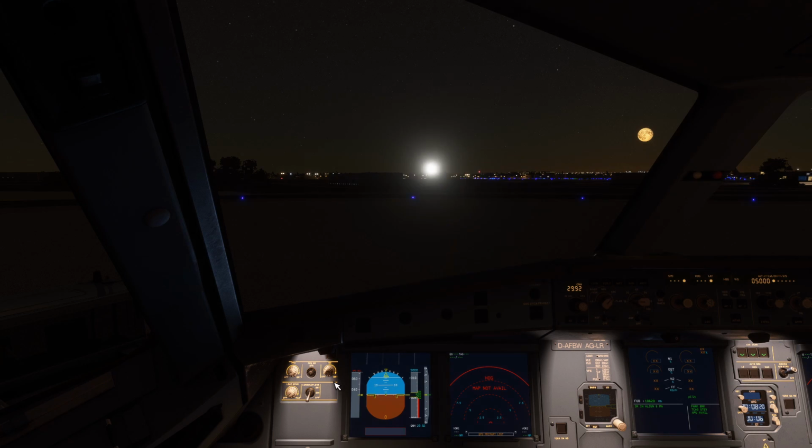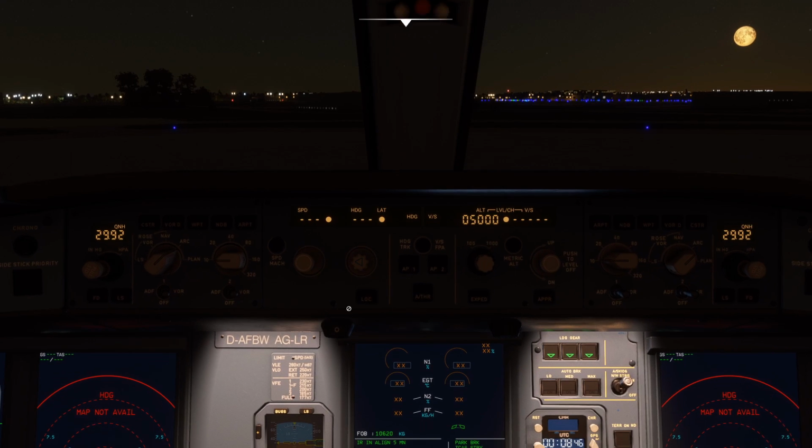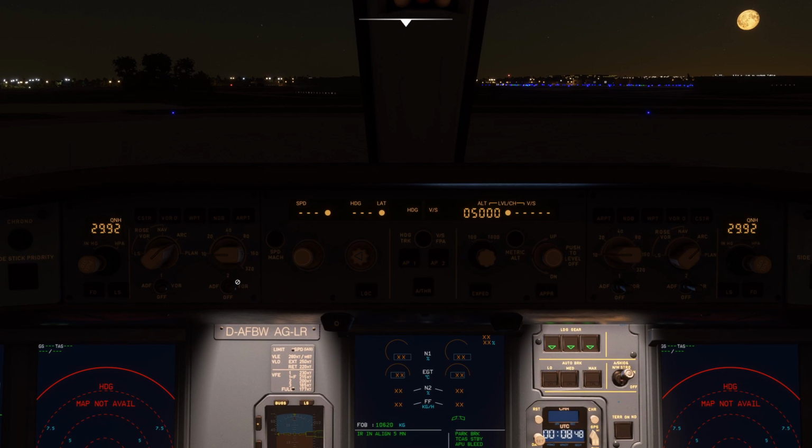Alright, I know there's a way to turn up the brightness here. Let me figure out what it is. I'll turn that on and turn that off. Off. And turn on the APU bleed. Where is it? I know we can turn on these lights. I just gotta figure out how. What's this? Constraint info, VR,